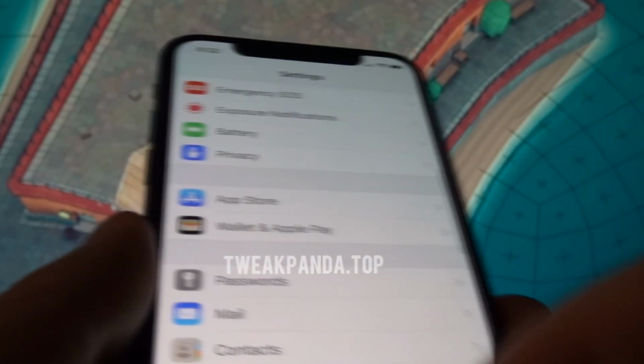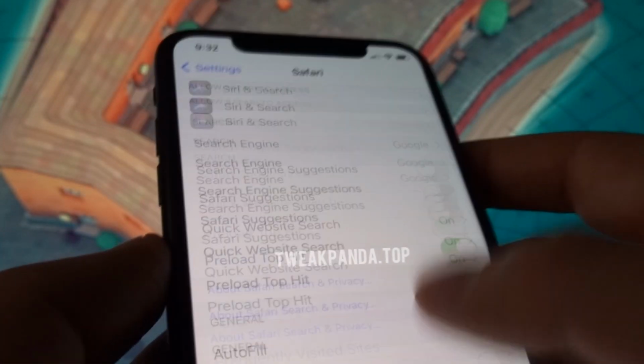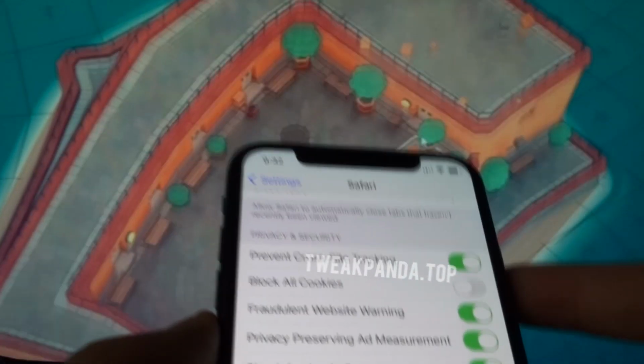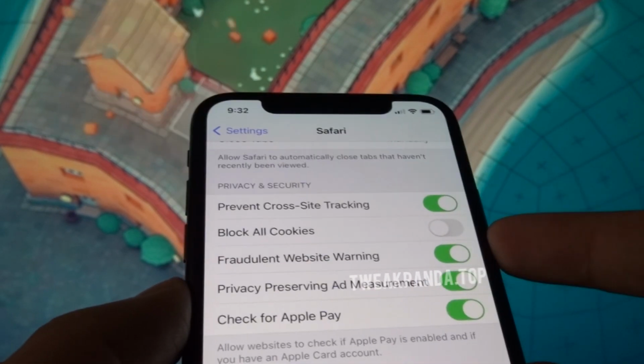In step number 2, you have to go to your browser settings and go to the privacy and security section and make sure all the cookies have been unblocked by turning off the option that says block all cookies, otherwise your downloading process will be affected. Now, this is step number 2, which is for both Android and iOS devices. Once you've done this step as well, you'll have to skip to step number 3,